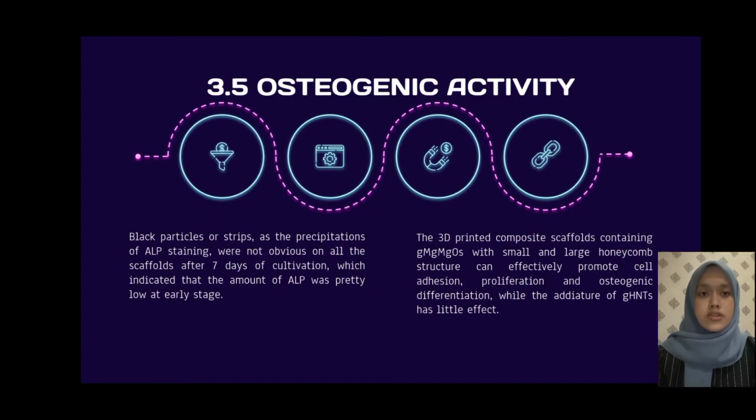Osteogenic activity of the 3D printed scaffold was considered in terms of ALP activity and calcium deposition in vitro. ALP expression on the composite scaffolds containing GMGOs, such as scaffolds B and C, exhibited a significant difference from that of pure PLLA